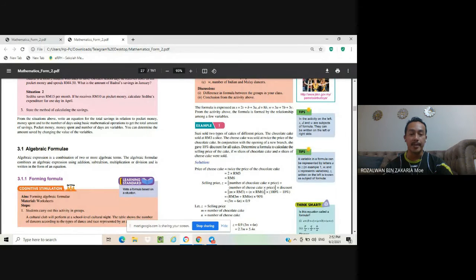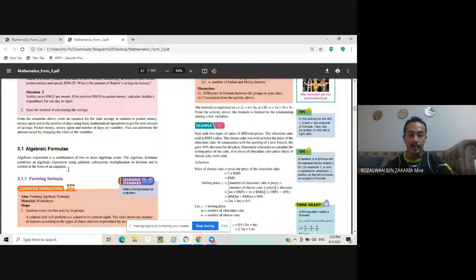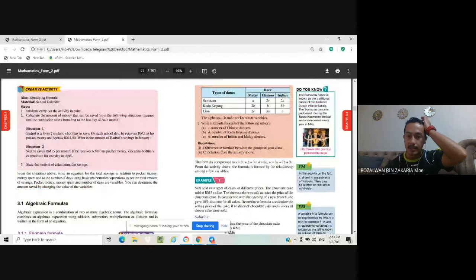More algebraic terms. The algebraic formula combines an algebraic expression using addition, subtraction, multiplication, or division, and is written in the form of an equation. All right. So how to know this one? Okay. So look at this here,